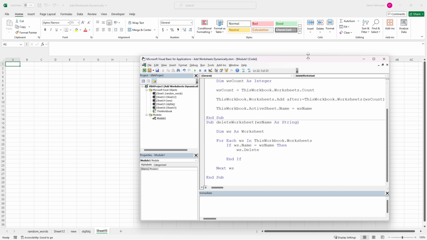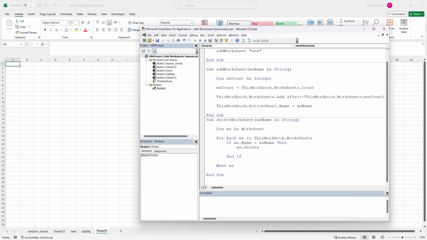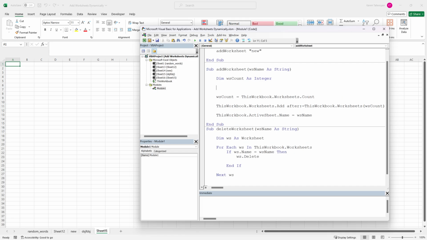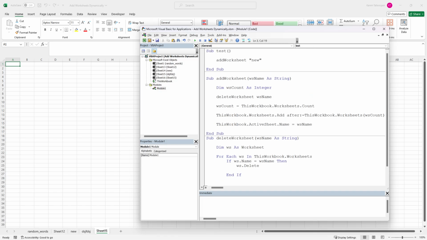And let me make this bigger. And before adding this worksheet, we're going to first call this subroutine here. So I'm going to pass this worksheet here in order to call it first. And if I now click run here to try to add a new worksheet with the name new,